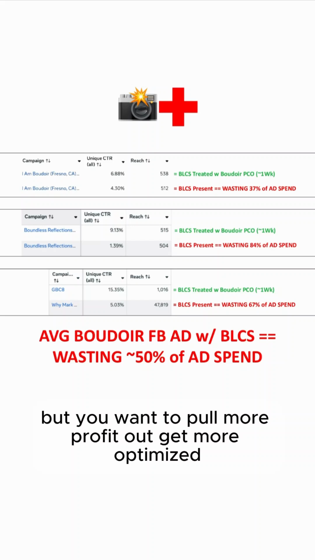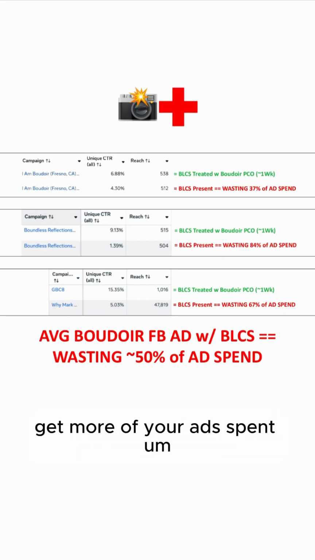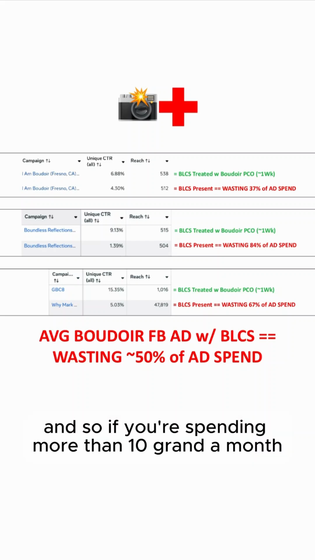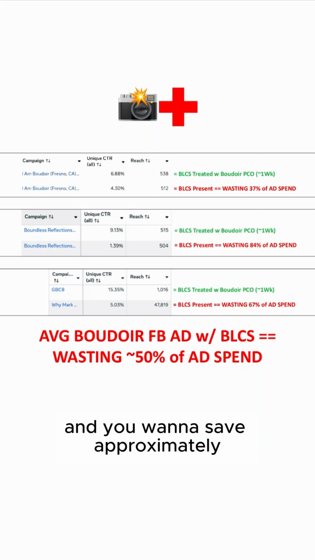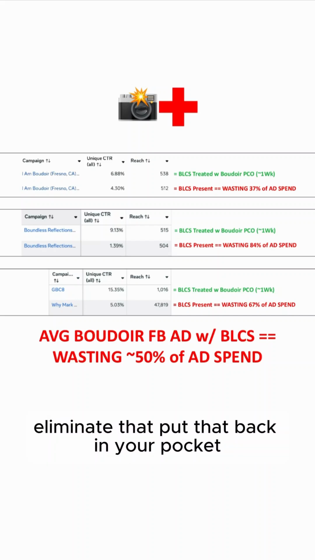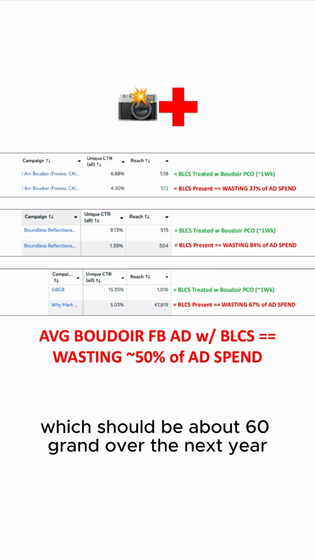But you want to pull more profit out, get more optimized, get more out of your ad spend, because price is going up for everything kind of in real life all over. And so if you're spending more than 10 grand a month and you want to save approximately 50% of that ad spend, eliminate that, put that back in your pocket, which would be about 60 grand over the next year,